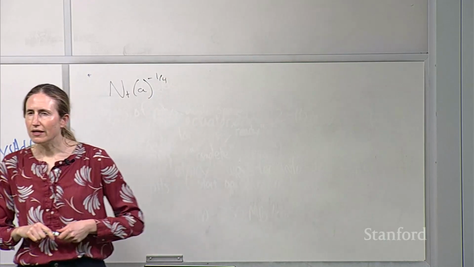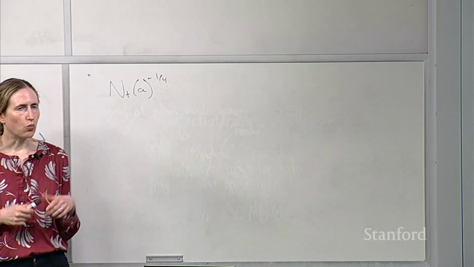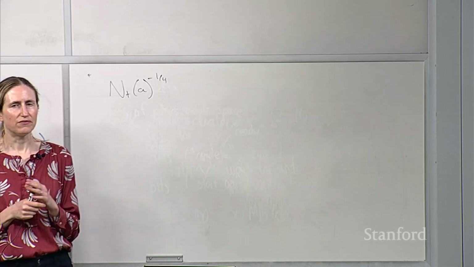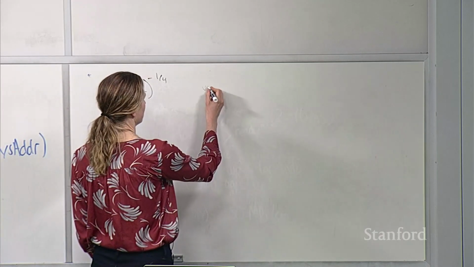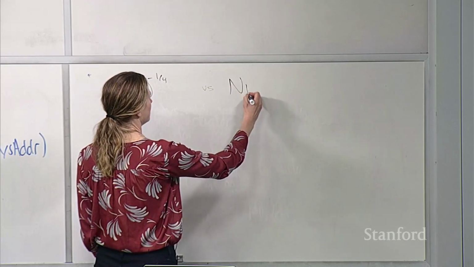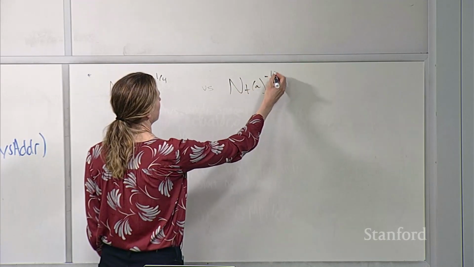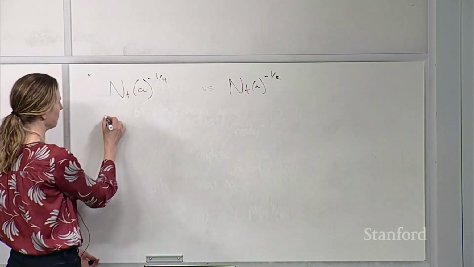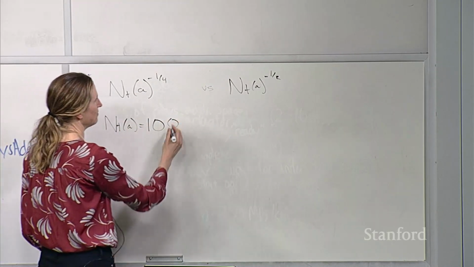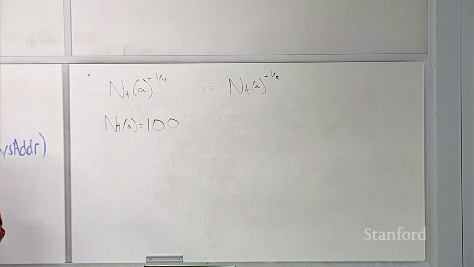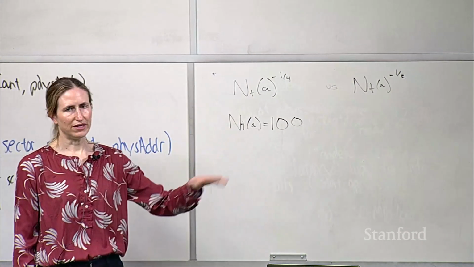So will that mean that our confidence intervals are wider or narrower for the same number of counts? So let's say versus NT of A to the minus 1/2. For example, if NT of A is equal to 100, you've pulled this arm 100 times, which of these two is going to be bigger? The one on the left or the one on the right?